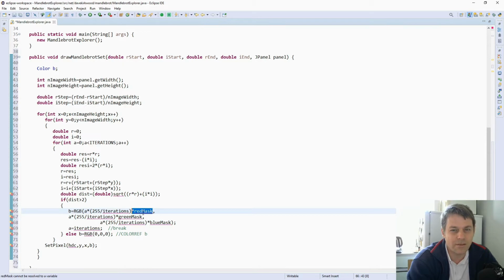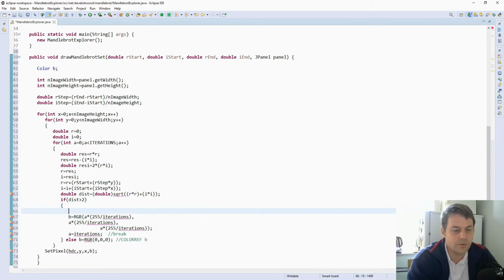This is so that we can have a red version or a green version, or if the mask values are all 1, then we'd end up with black and white shades of grey. So this is getting the red, the green and the blue value. All the values are the same, so I'll just say in grey scale is that,